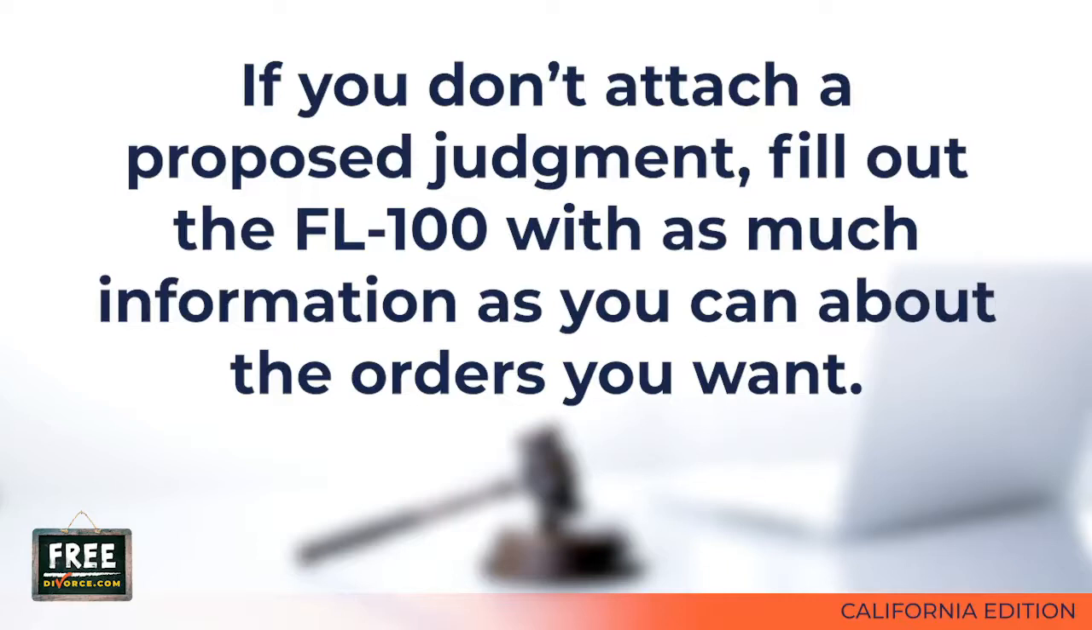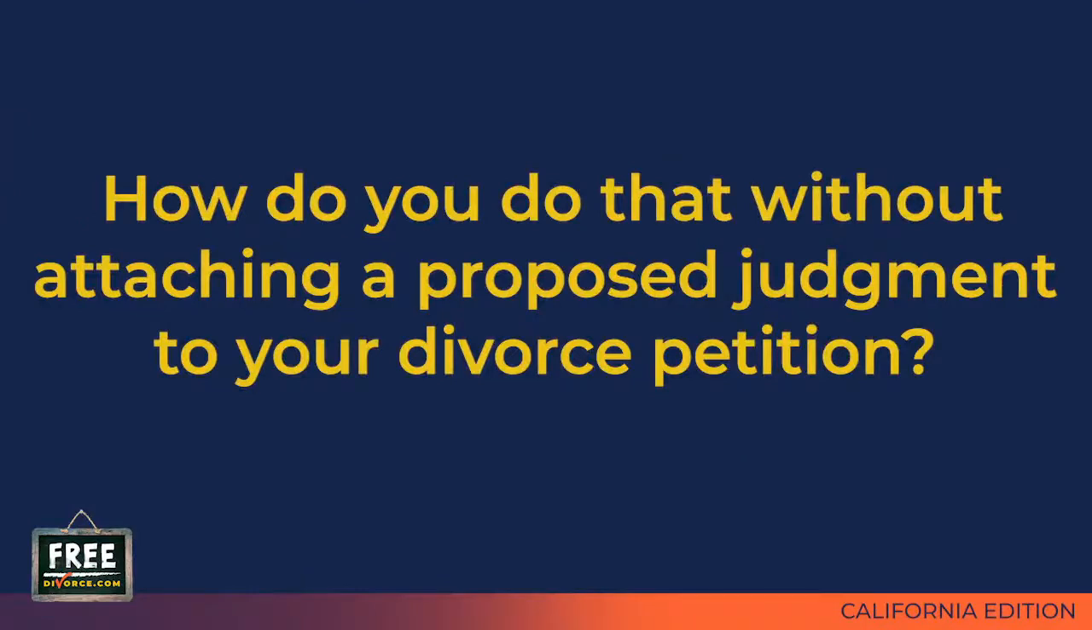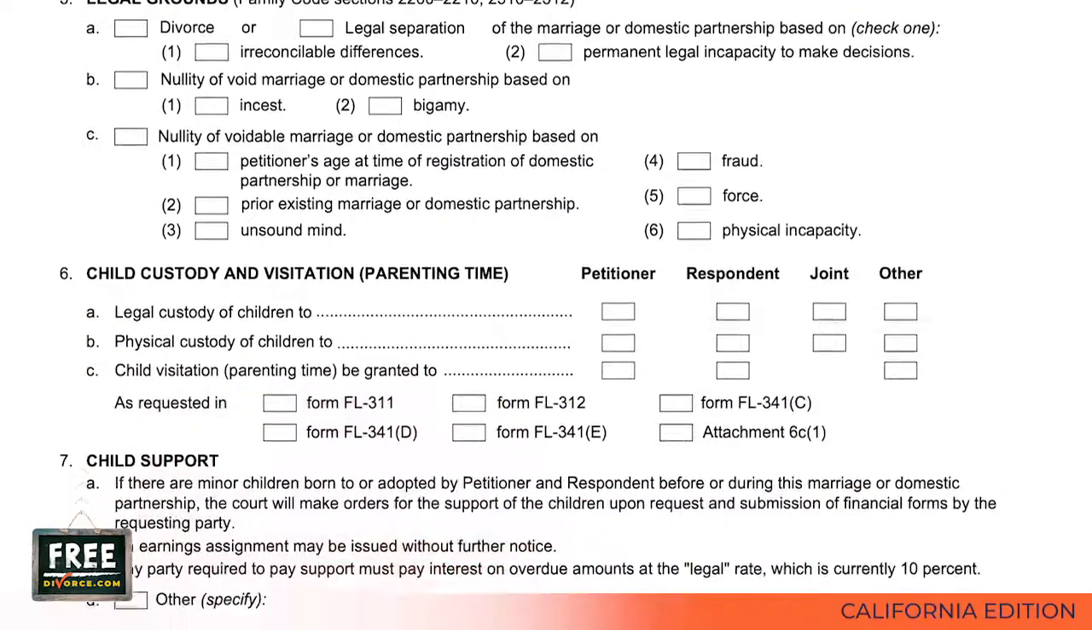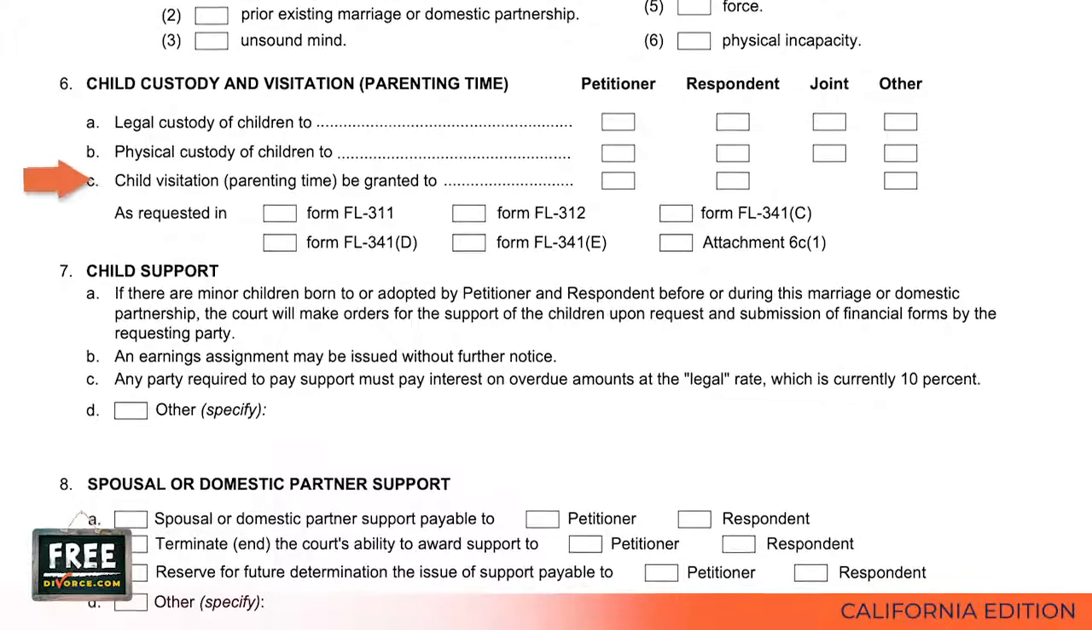If you're not going to attach a proposed judgment to your petition, then, when you fill out the petition, put in as much information as you can about the orders you want your judgment to include. How do you do that without attaching a proposed judgment to your divorce petition? You can fill out and attach to your petition the various child custody forms that are listed in Section 6C